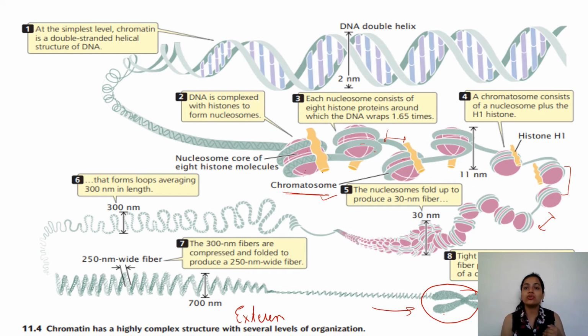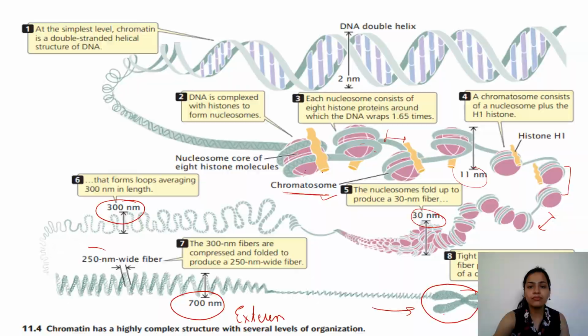Fine everyone, and also you can see that as the condensation of the DNA takes place, the diameter or the thickness of the condensed state keeps on increasing. When the DNA was very much loosened up, at that time it had a diameter of 2 nanometer. Further you can see it got to 11 nanometer. Further when it got condensed, it got to 30 nanometer. Then 300 nanometer. Then 700 nanometer, and at the end you can see it is forming the chromosome. So this is how the DNA packaging takes place. This is how the DNA gets wrapped around the histone proteins, gets highly condensed, and then it is able to fit into the cell.